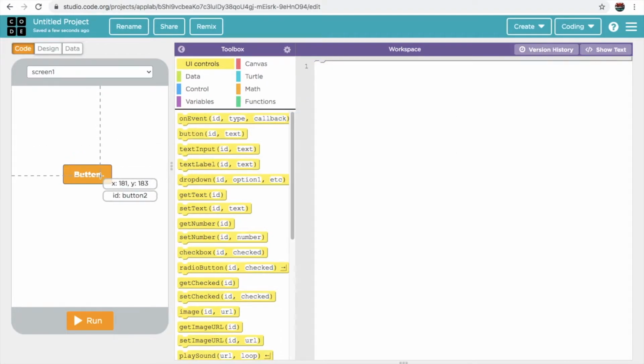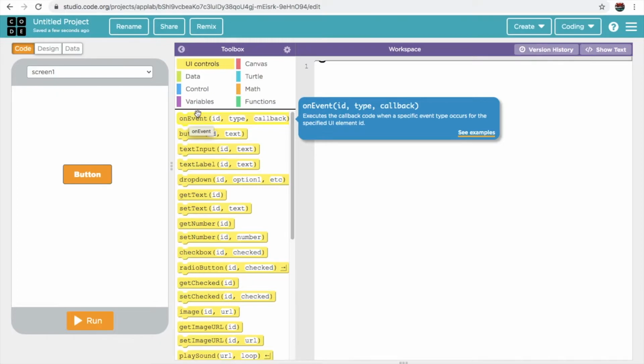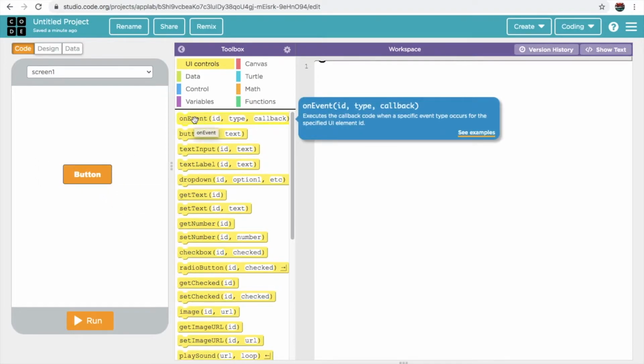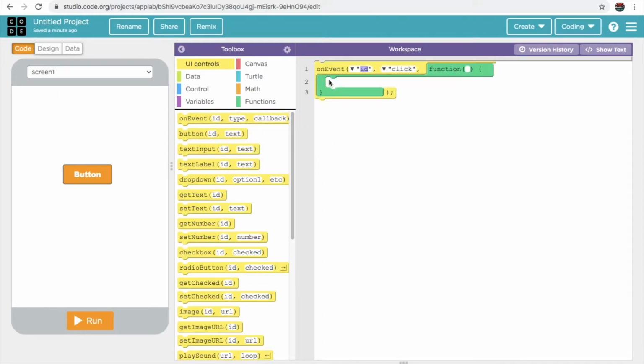Now, as I said, we are going to change the properties of the button. So first, when we click a button. "When" in computer language is an event. Because the computer can't understand English, we have to convert our purpose from English to computer language. Our purpose is to change the properties of the button, and to do that, we need to click the button. So for clicking, let's take On Event, drag and place it here. On Event means "when" in English: when the button is clicked.